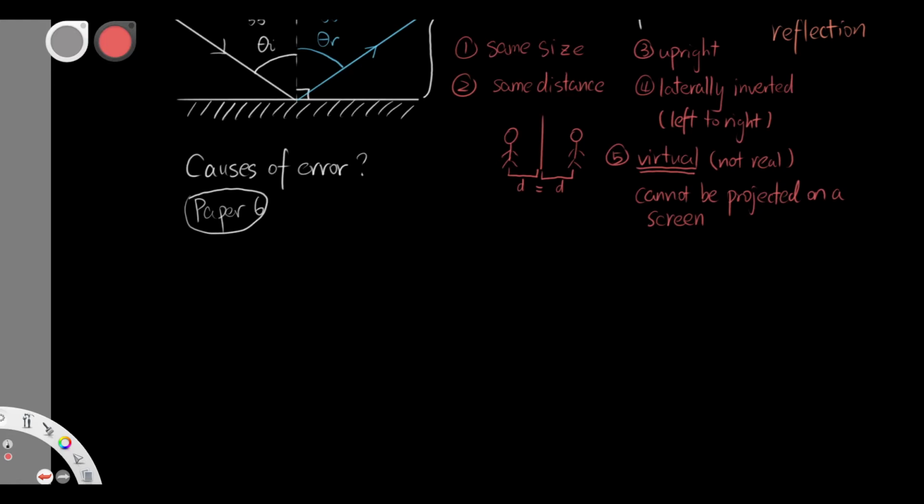In paper 6, or what we call alternative to practical, you might get these kinds of questions. You might get an experiment that asks you to measure a light ray reflected by the mirror, and it asks what the possible causes of error are, and something you can do to make this experiment more accurate. So what are some of the causes of this error? Well, considering what we did over here,